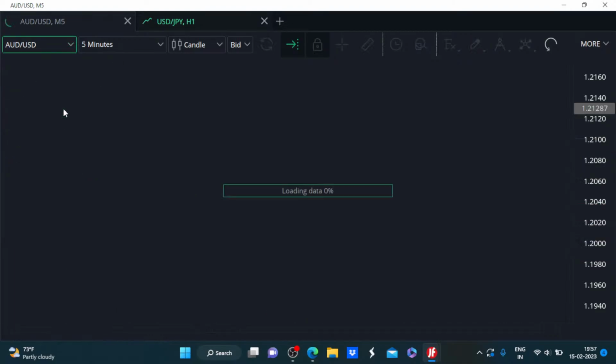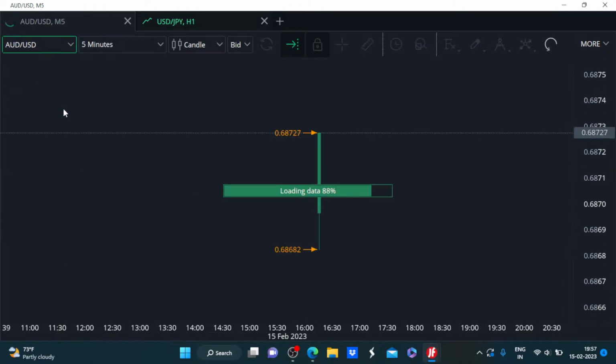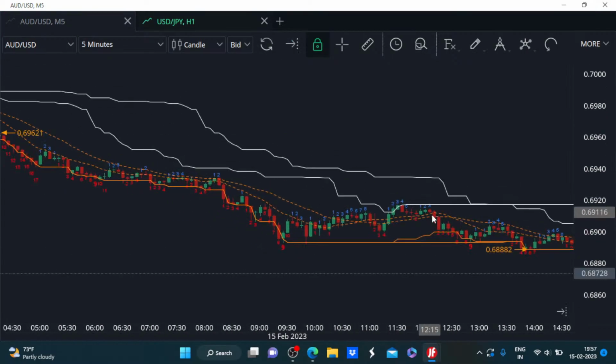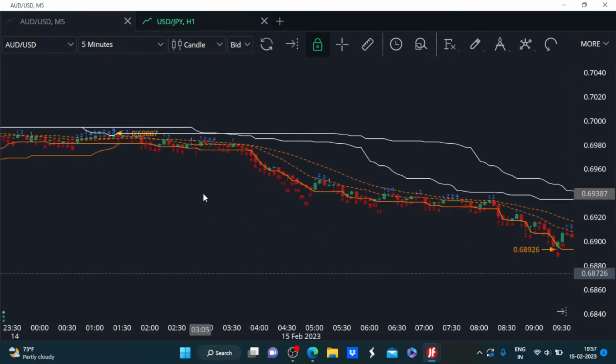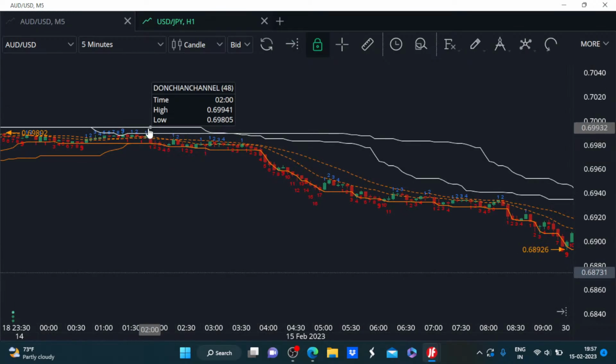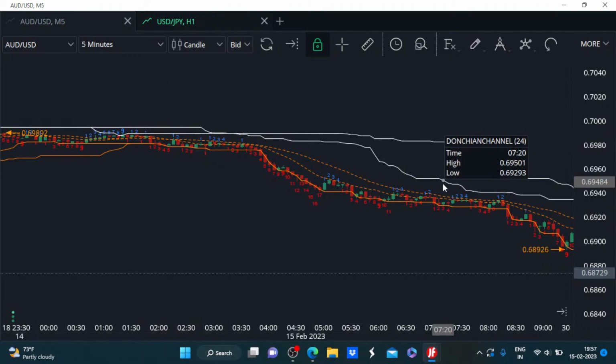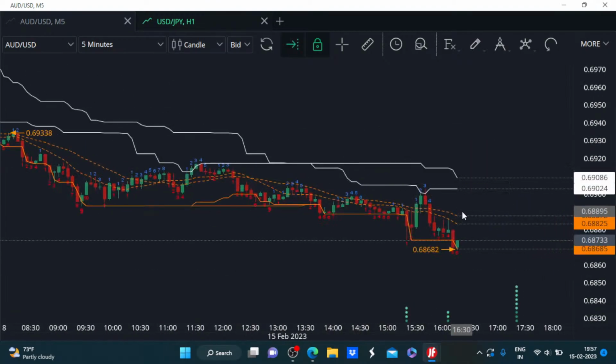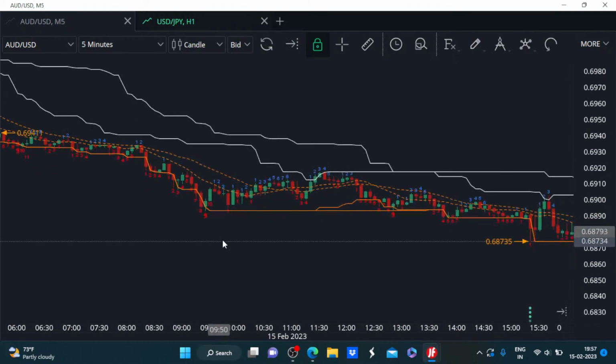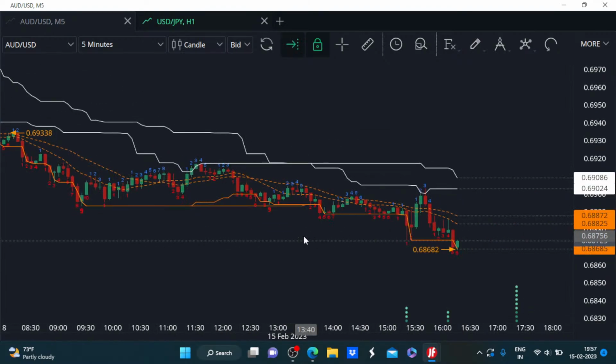Now let's expand the horizon and consider the AUDUSD. AUDUSD is not really looking much different. If we consider the day's high of the AUD, it was at around 0.7, and now we are looking at the AUDUSD around the levels of 0.6868. That is almost a 2 percentage point decline for the AUD in today's session. So apparently the AUD is even much more bearish compared to the euro.